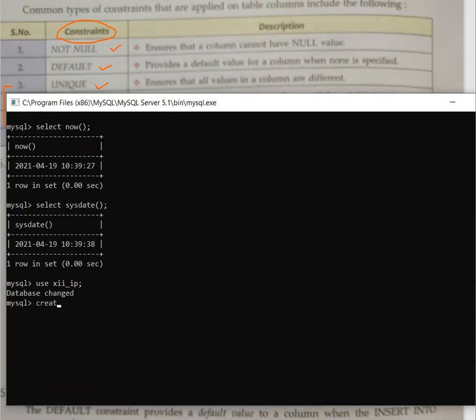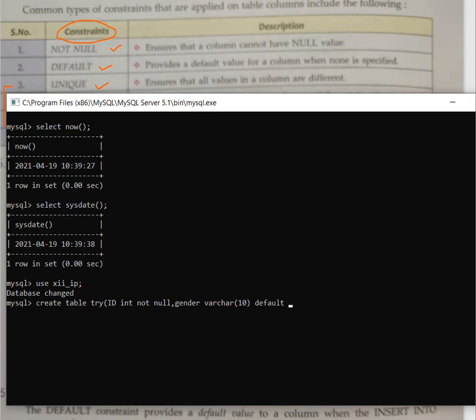Now I'm going to create one table. Create table, suppose try. And now see, first is ID, and I'm writing here integer type and not null. I will be taking only 2 or 3 types of information, not more than that. Then I am taking gender, which is of varchar type, and I'm writing here 10, and the default value of gender.